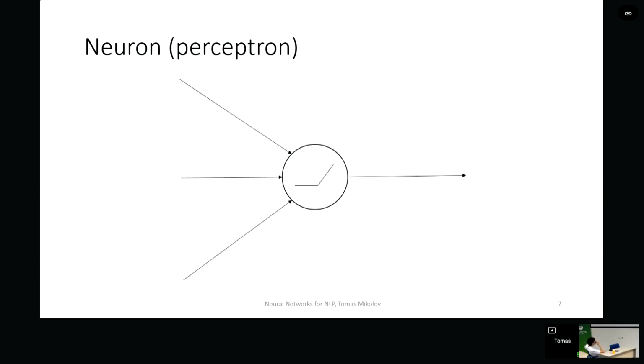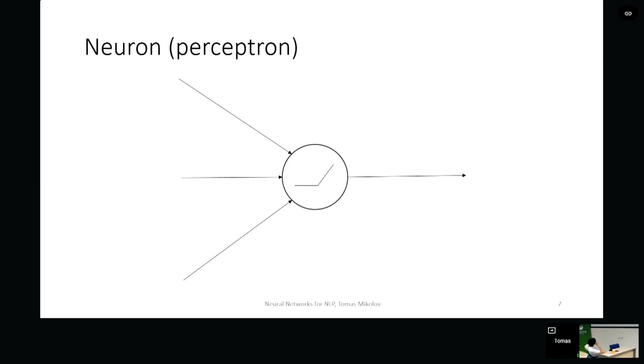So this is the model of a neuron. It's from the 60s when people came up with this perceptron model that is approximating the biological neurons, but it's actually a very, very crude approximation. So it's better to see artificial neural networks as mathematical models, not really a simulation of the brain, as is sometimes mistakenly claimed.